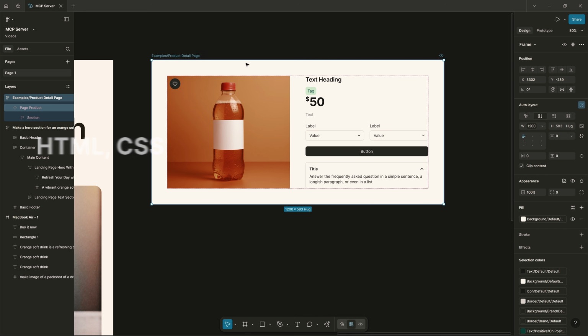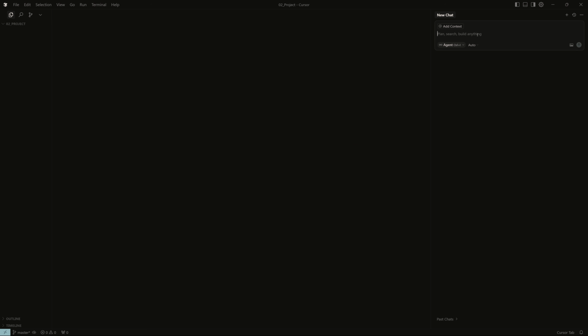First, let's select this frame, and then get back to the cursor and say, get the design from Figma and convert it to code, use HTML and CSS. I want to open the final result in browser as HTML file.